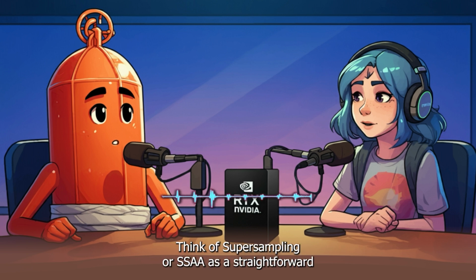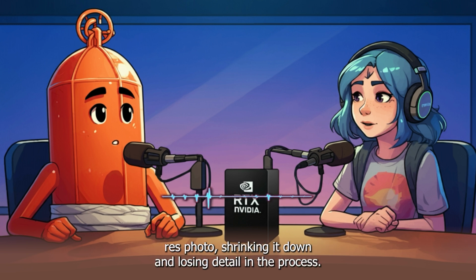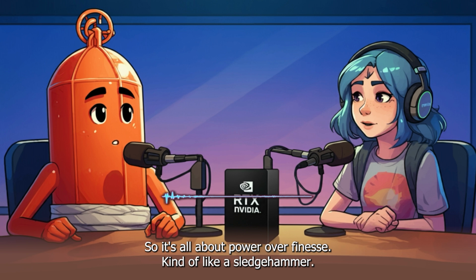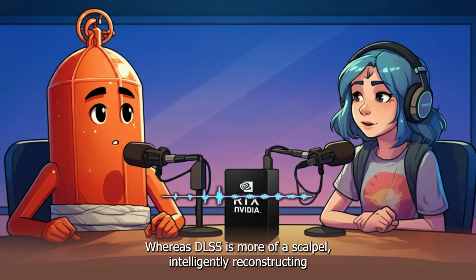That's right. Think of supersampling or SSAA as a straightforward, but computationally expensive brute force method. It's like taking that high-res photo, shrinking it down, and losing detail in the process. It's effective, but can really push your hardware to its limits. So it's all about power over finesse, kind of like a sledgehammer. Exactly. Whereas DLSS is more of a scalpel,